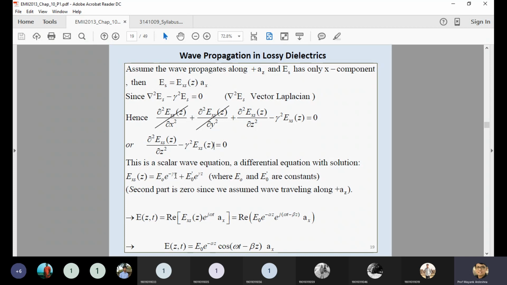So this is basically the E0 e raised to minus gamma Z term, which is considered as movement in the Z direction. And you already know that the signal will be degraded exponentially as you go with distance in the positive Z direction. And the second term, E0 e raised to gamma Z. How are they getting the gamma? It's minus gamma times minus Z. So your signal is moving in the negative Z direction, and that's why it becomes a plus.